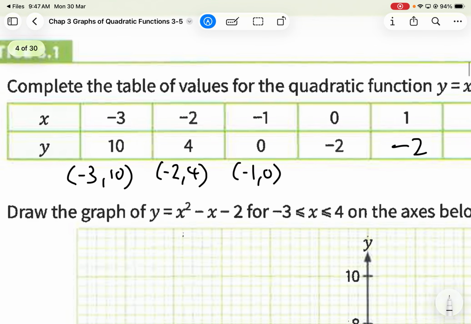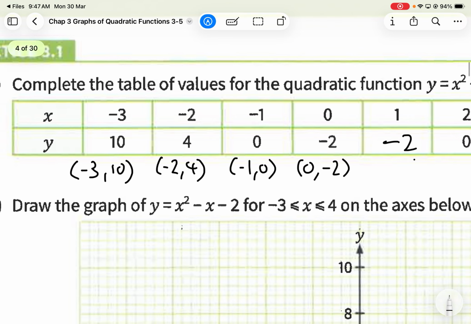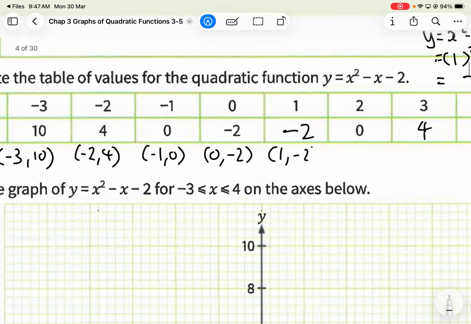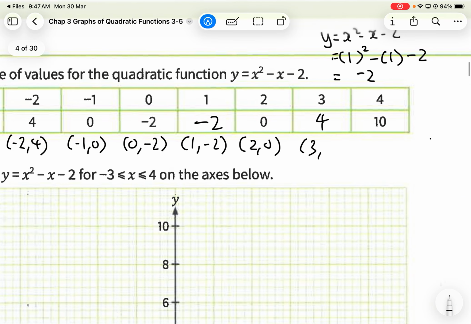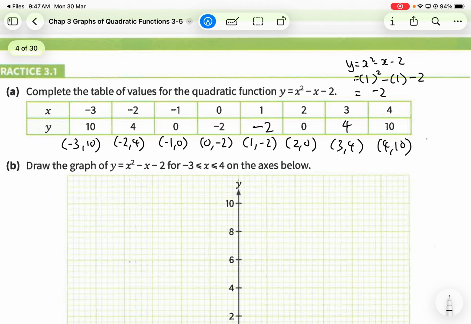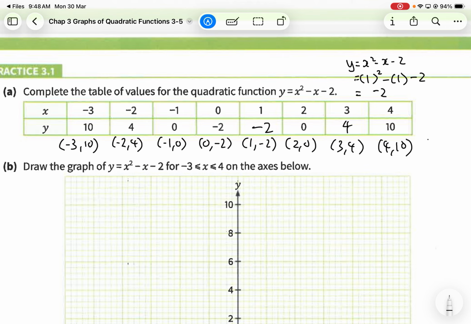X and then y. X and then y. Okay? So from this table, actually you are given 1, 2, 3, 4, 5, 6, 7, 8 points, 8 coordinates. So from these 8 coordinates,